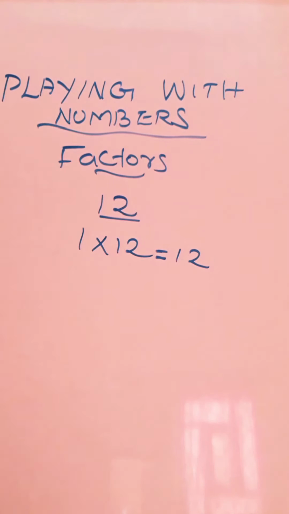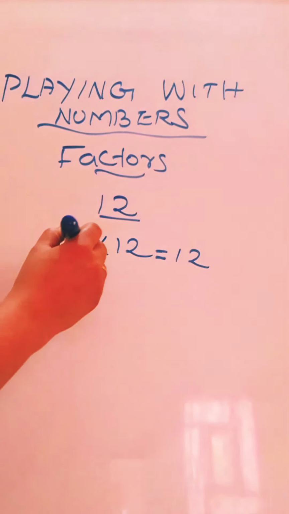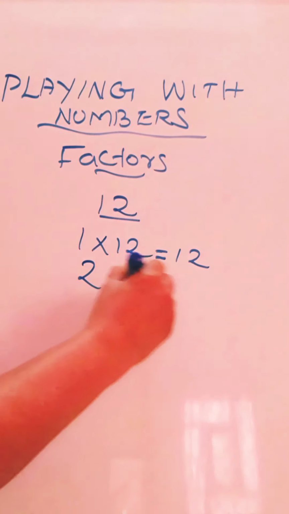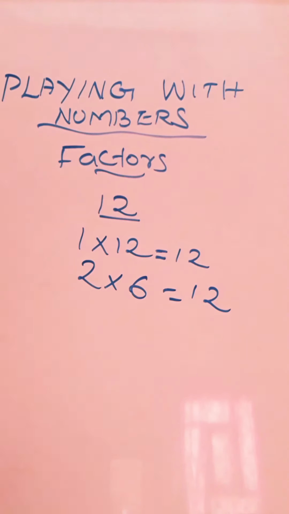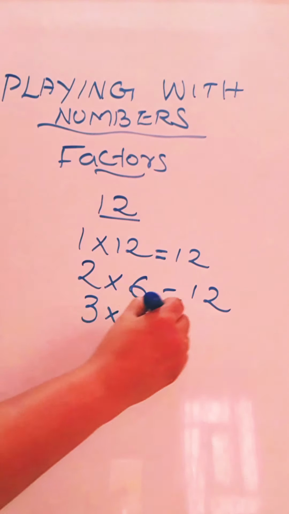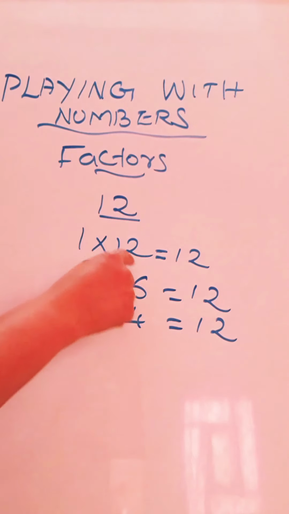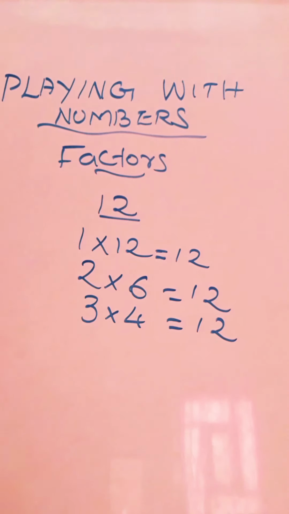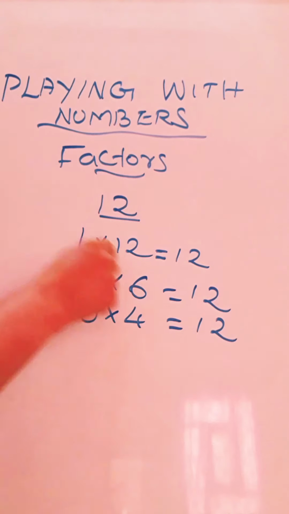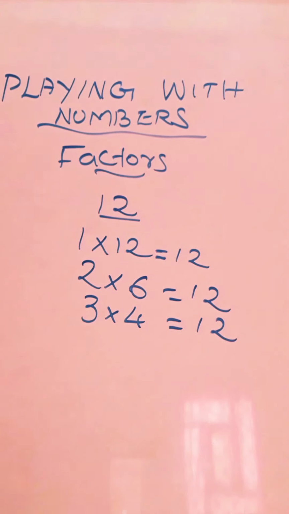So you can use the division method also. This is the multiplication method, which we learned in smaller classes. Using multiplication, how can we find the factors of 12? First I got 1 and 12. Then I take the table of 2, 2 into 6 is equal to 12. When I take the table of 3, 3 into 4 is equal to 12. Any other factor? No. That means factors of 12 are 1, 2, 3, 4, 6 and 12. These all are factors of 12.